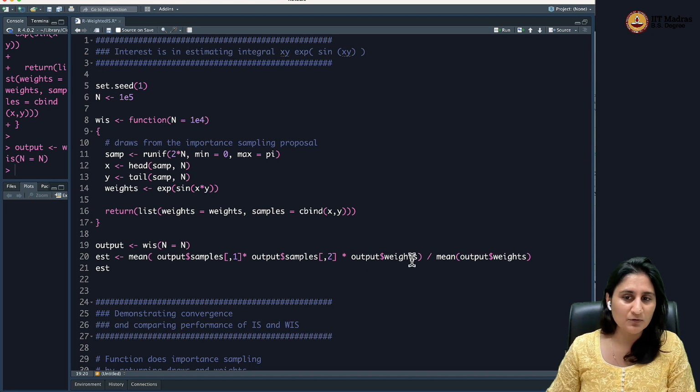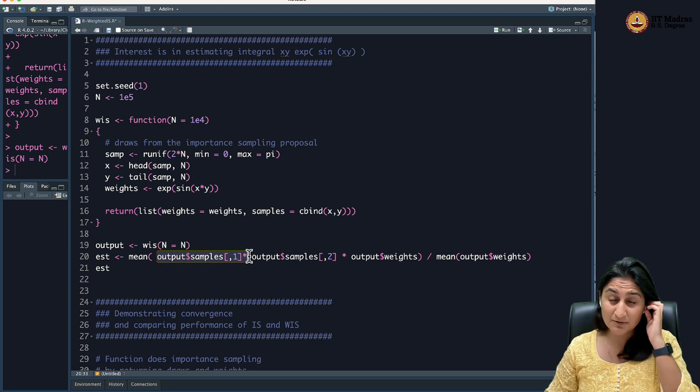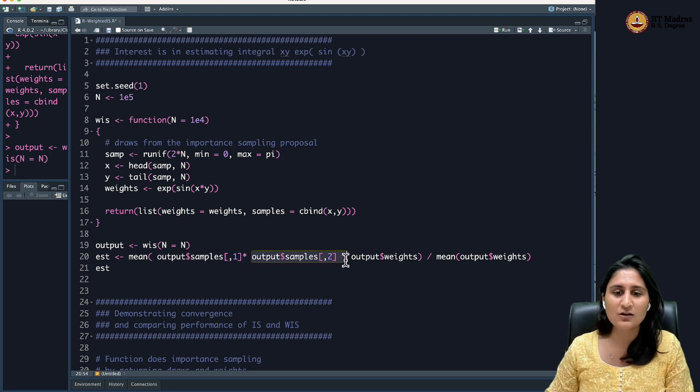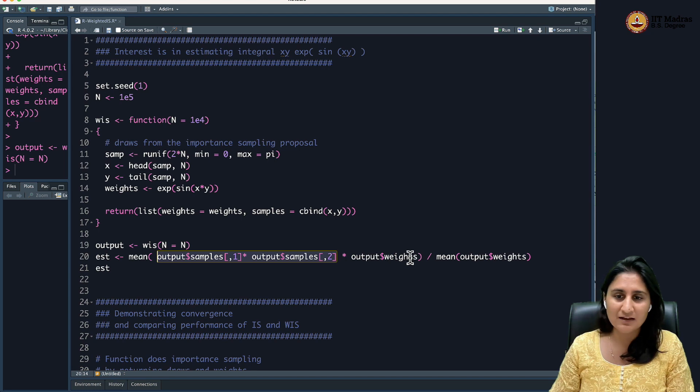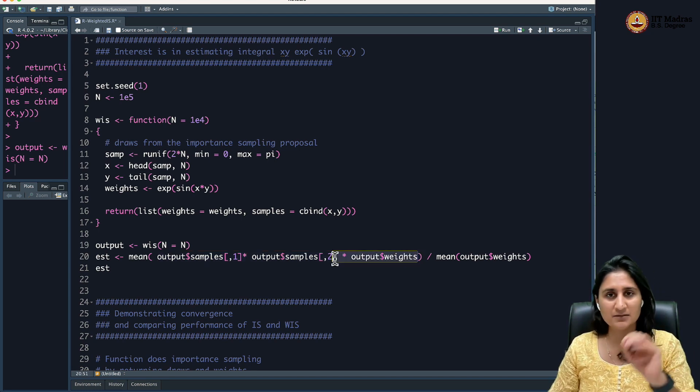That's what I'm doing here. I'm taking the average up top of the first column of the samples, which is x, times the second column, which is y. So this part is my function h of x comma y, times the weights, which is f tilde divided by g tilde,